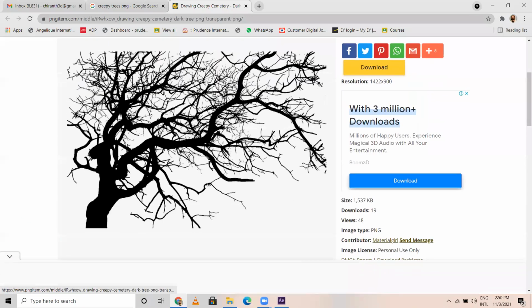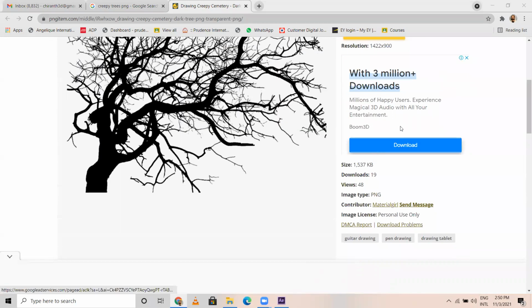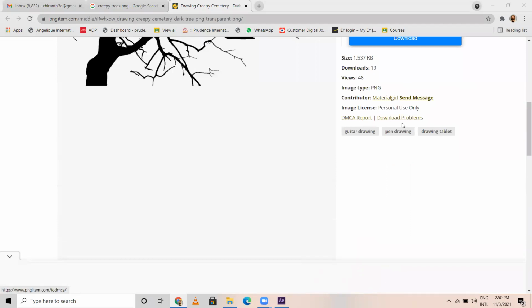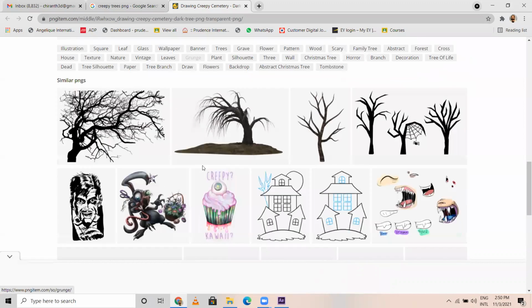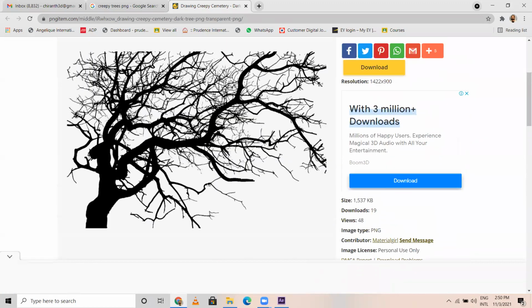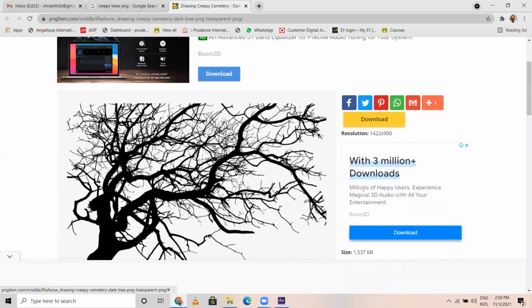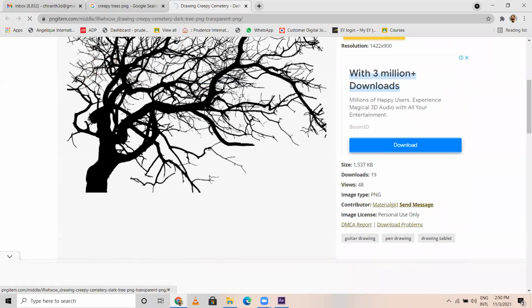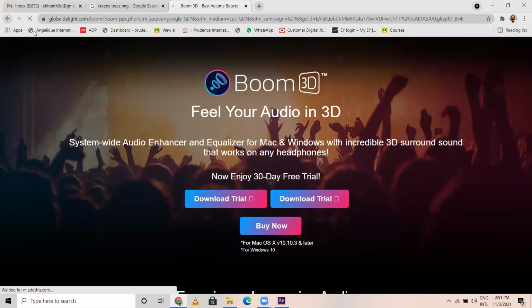I need to download this. Do I have an option of download here? This is something different. If I click on this download, I think something else is coming.